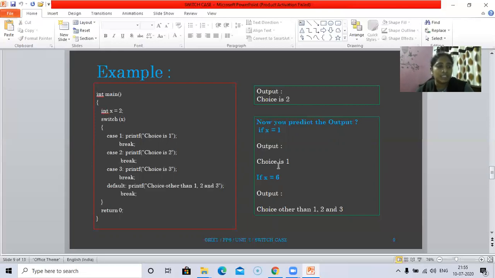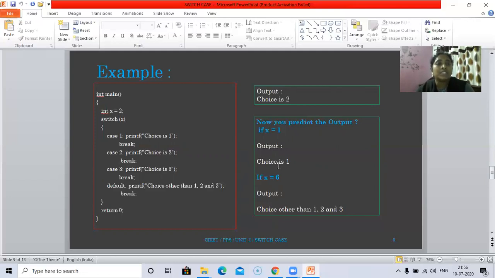So whenever the switch statement sees that the value of x is 2, it directly goes to case 2 and displays the statement written within the printf function here: Choice is 2. After this printf function, there is a break statement. With the help of the break statement, it just comes out of the switch statement.